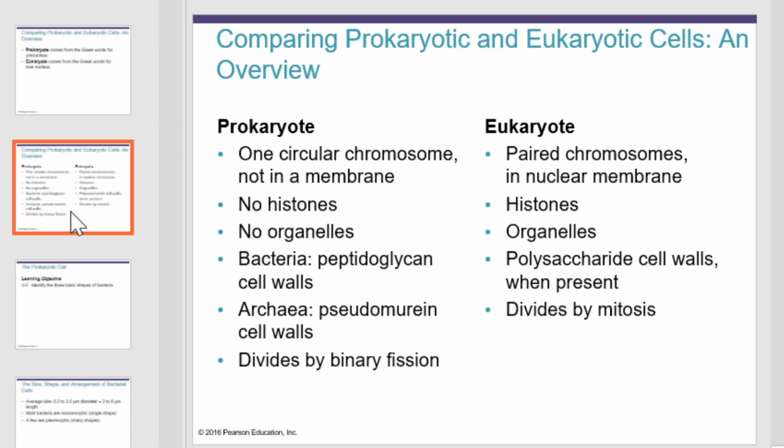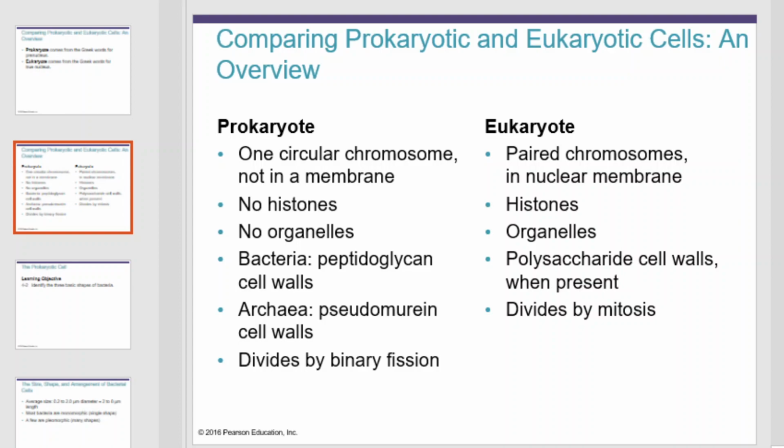This is a complete list of characteristics of both prokaryotes and eukaryotes. Prokaryotes have one circular chromosome not in a membrane, no histones, no organelles. The bacteria use peptidoglycan for their cell walls, the archaea pseudomurein. They divide by binary fission, which is very similar to mitosis, but because they lack a nucleus, it is described